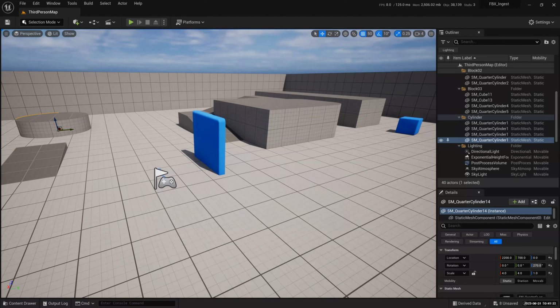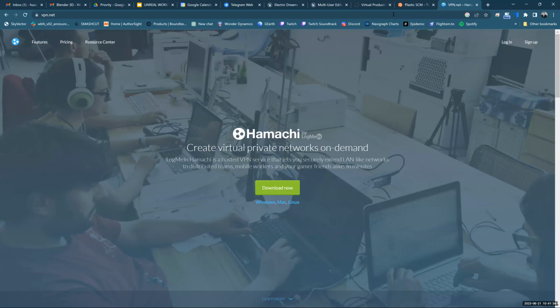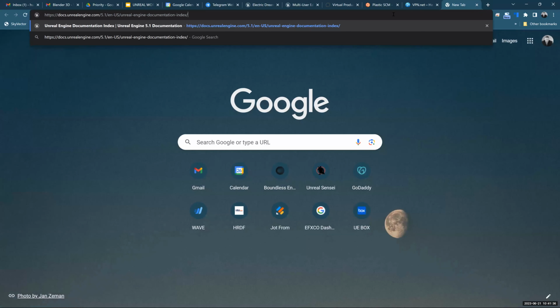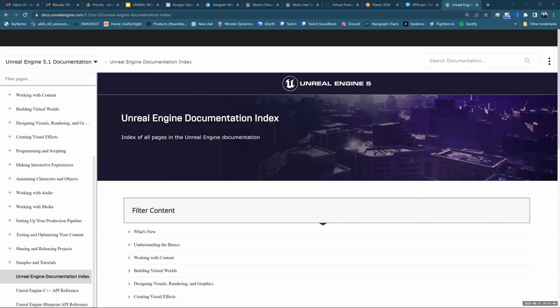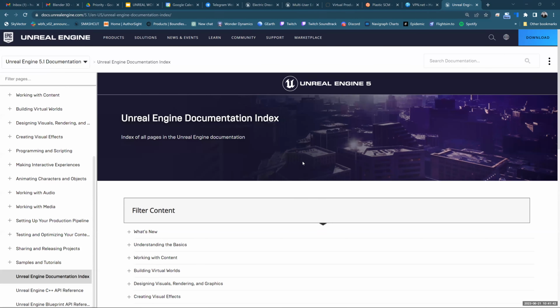And before that, I also want to share with you that Unreal Engine has a very comprehensive and very complete documentation that you guys can go through, right? So if you go back here, Control V, and I'm going to paste this inside here as well. Documentation is amazing. I've never seen any company with this kind of documentation. You can find about anything that you want for Unreal Engine.